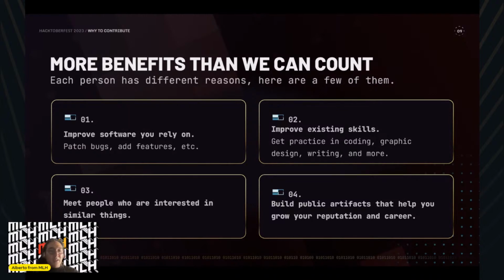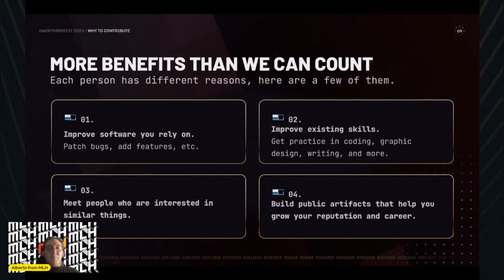Improving software you rely on. This is a very big one. If you're already an open source user, you use a tool, let's say Blender, and you rely on this software, your work is based on this. You need this tool to earn money, to make your products. There are a lot of ways you can rely on software, right?